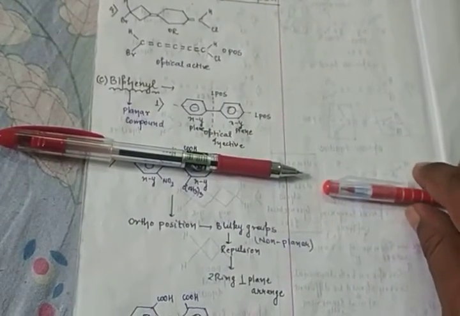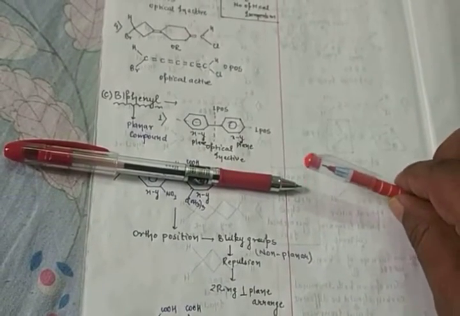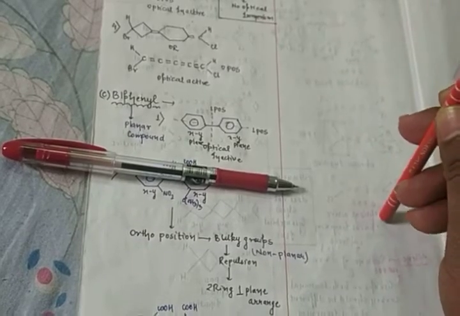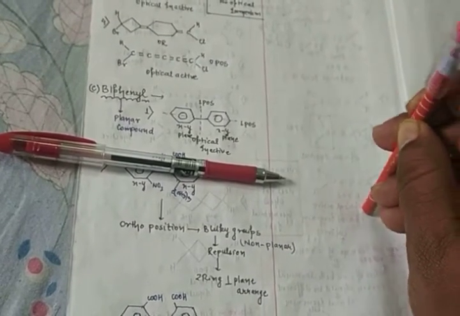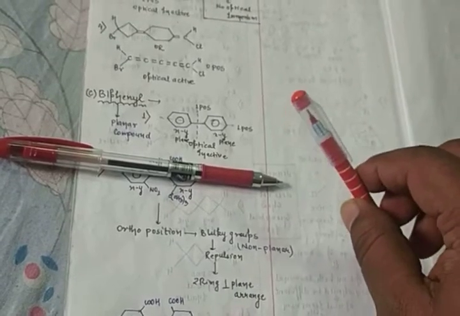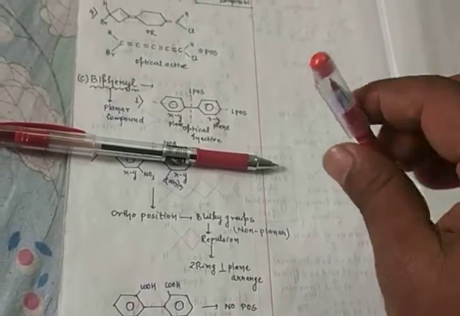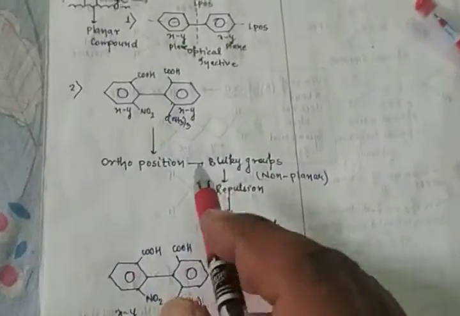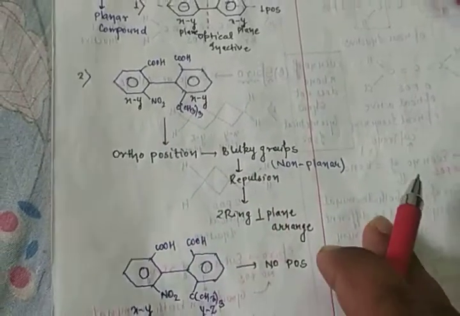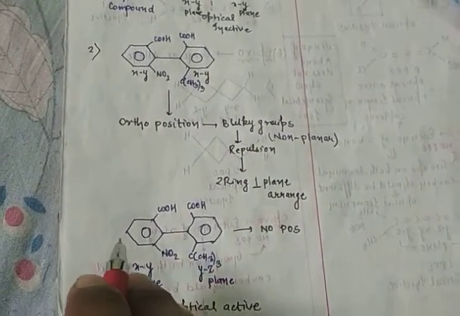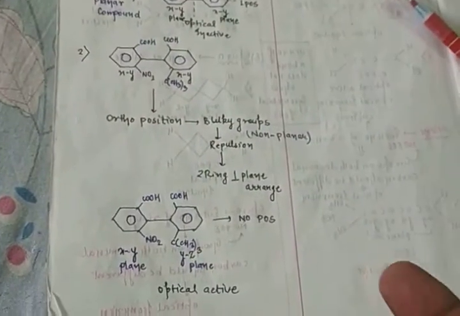So one cyclic structure, one phenyl structure just changes to the perpendicular form. Just changes because more repulsion is there. So look at the structure, it is written also: 2 rings arranged in perpendicular planes. So the second ring, both rings have different shapes because the bulkier group is there. Repulsion is there, it means just you cut because the same plane is there, so there is a plane of symmetry, but the arrangement is different.